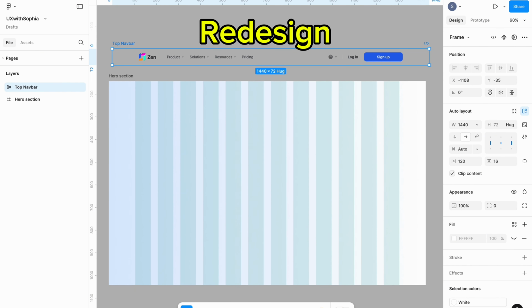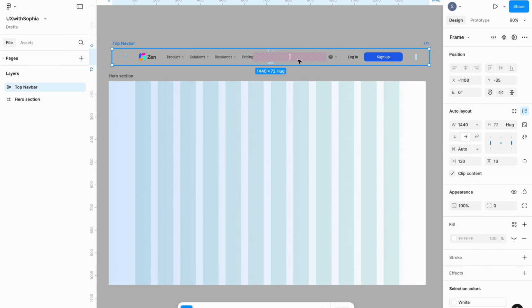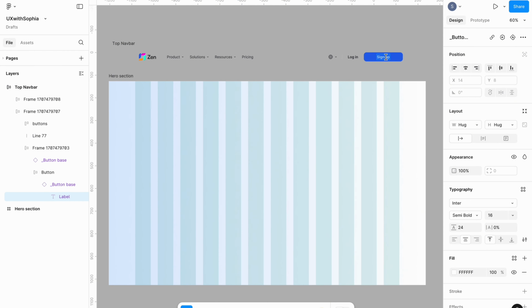Now that we're done reviewing a bad hero section, let's redesign this same hero section to be better and more impactful, something that would stand out and convert. I'll also be giving you tips that you can apply to any website as we redesign. For our new hero section, we'll be looking at the nav bar. We'll change the primary CTA from sign up to get